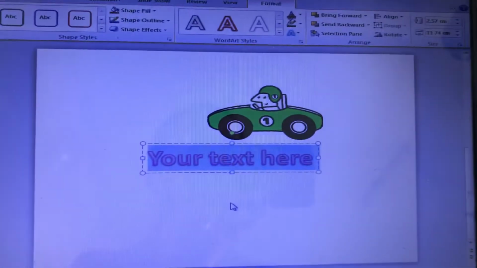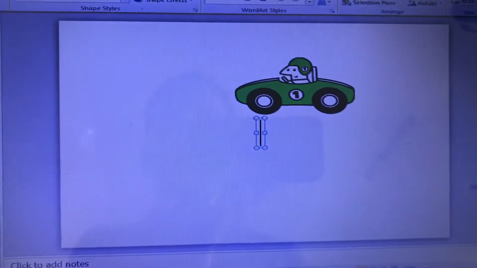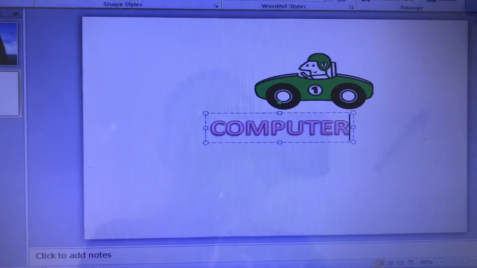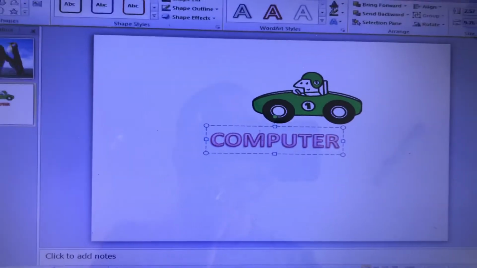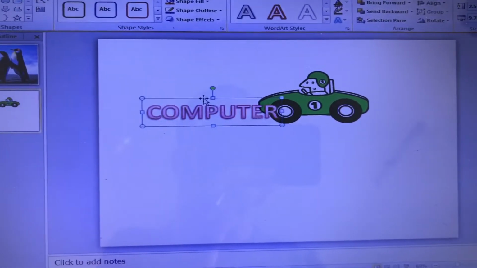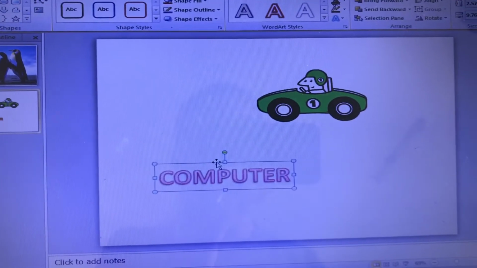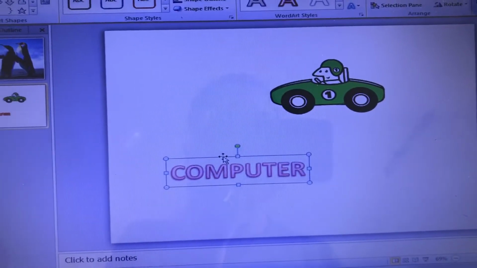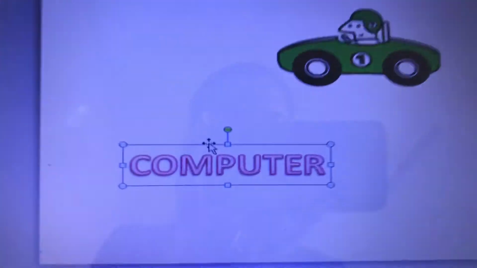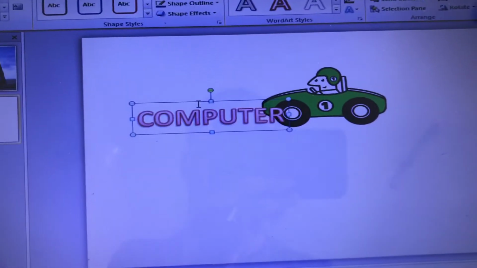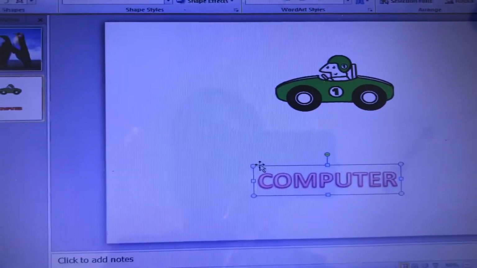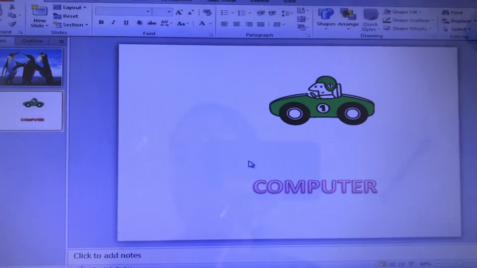Okay, and then you have to click on backspace. Okay, and the cursor will appear. Then you can start typing anything, like I'm typing here computer. Okay, and it's done. Okay, you can also place it anywhere. You just have to move your cursor over the boundary of this box. Okay, and this type of arrows will appear and then you can drag it and move it to another position. Okay, understood.